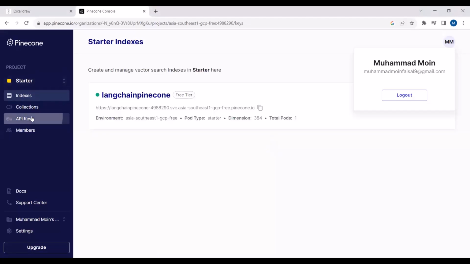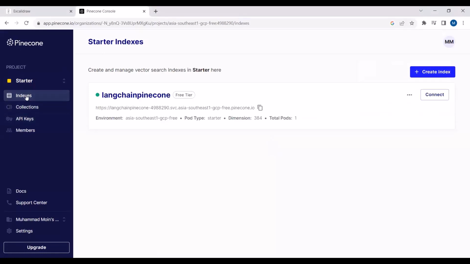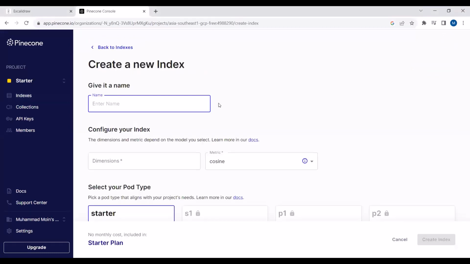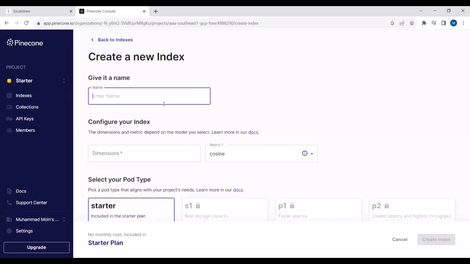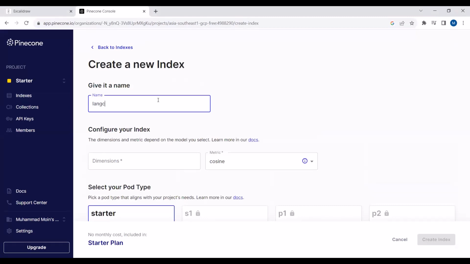Then if you go over here, you will find your API key. In the indexes, if you want to save your embeddings, you first need to create an index. If you click on create index, you will create the index in which we will store your embeddings. Here you just need to write your index name. So if I just write LangChain,